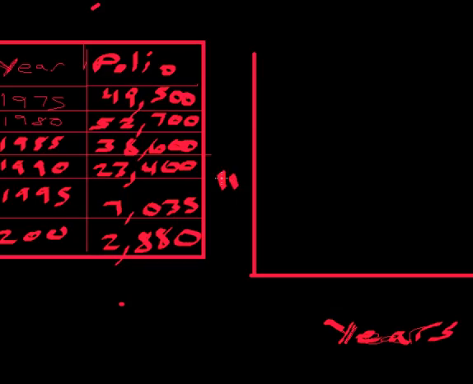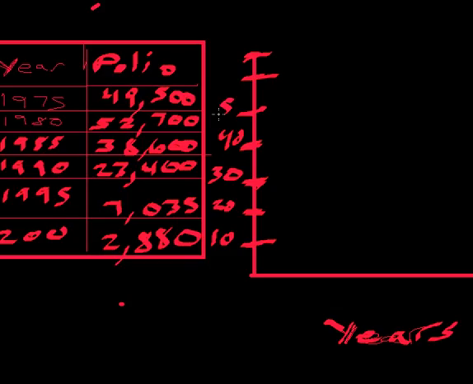I'm just going to put a number sign. And I'm actually going to get rid of that and just put down the amounts of people that are affected. Let's do this in tens of thousands, okay? So we've got 10,000, 20,000, 30,000, 40, 50, 60, and I'll stop there. Okay. Now the next step is to say, hey, year is 1975,